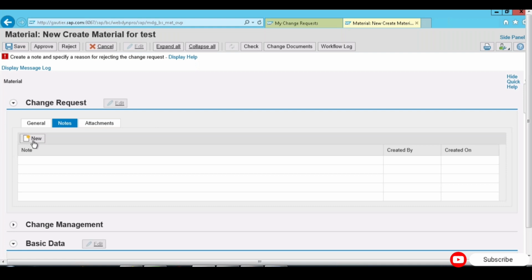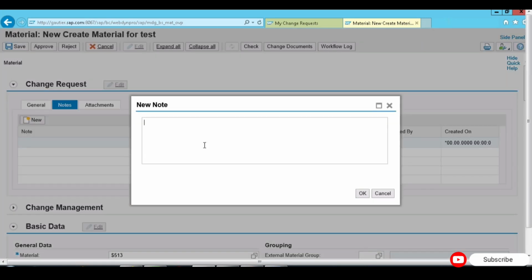So the first thing is we need to provide a note. In this note, I'm just giving demo test, but actually this is not the way. In a real time scenario, you have to say, let's say for an example, requester